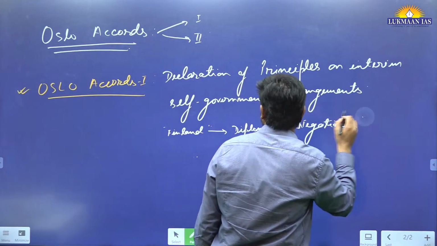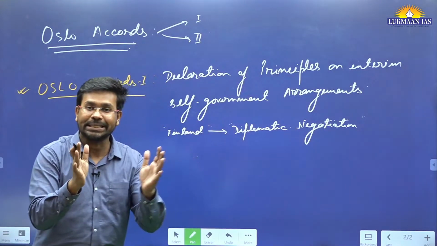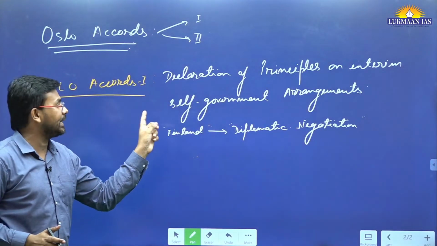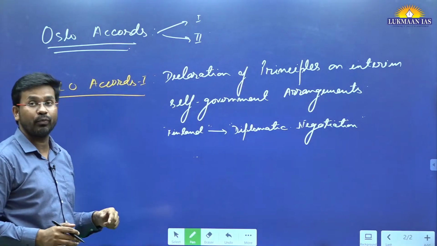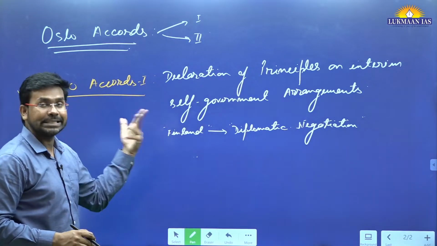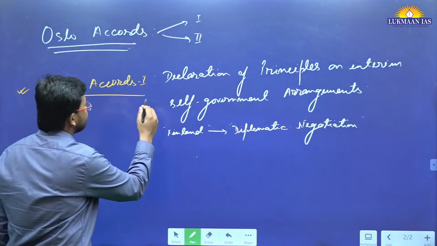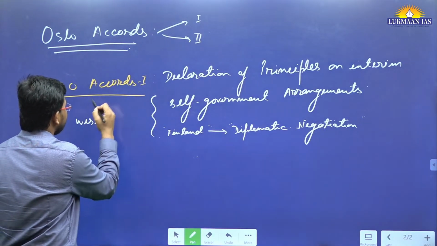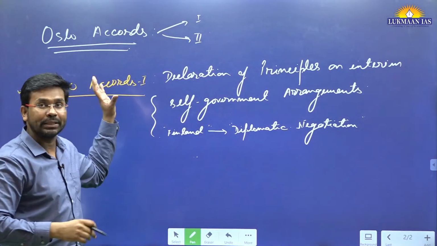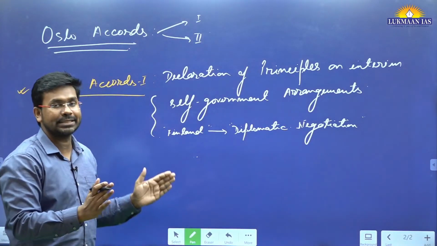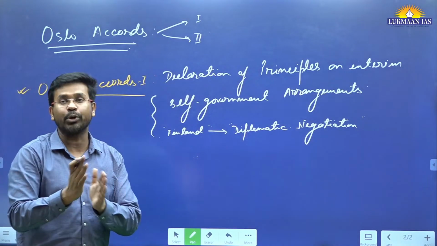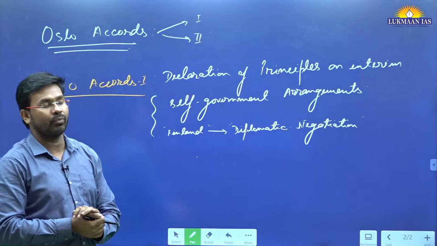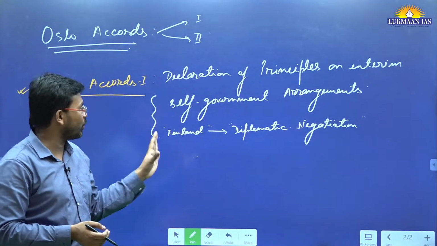This diplomatic negotiation tried to bring some kind of peace, and they wanted to create an interim self-government for the Palestinian people. So they wanted to create an interim self-government for the time being, so that during this time they can negotiate further, and after negotiating they can come up with a kind of peace agreement with one another.